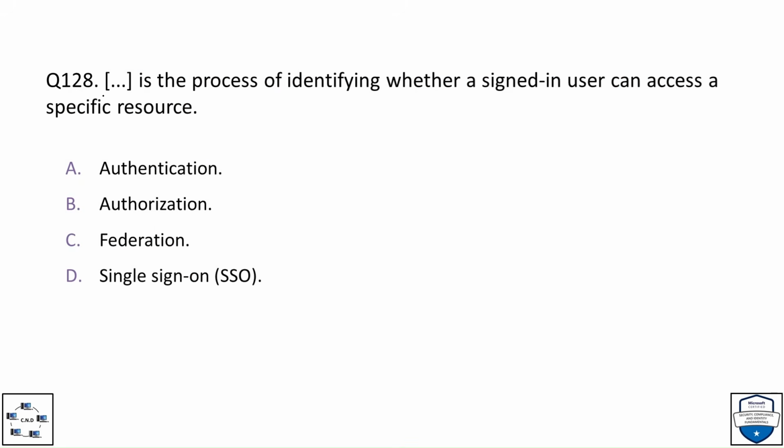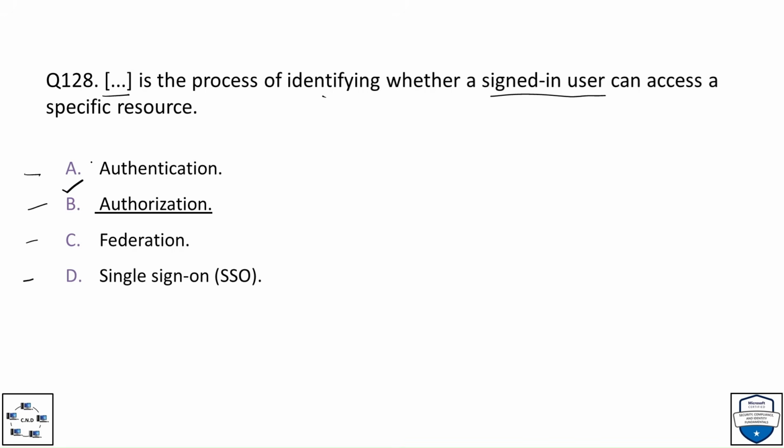Question number 1 to 8. Blank is the process of identifying whether a signed-in user can access a specific resource. And the options are option A, authentication, option B, authorization, option C, federation, and option D, single sign-on. And the correct option is